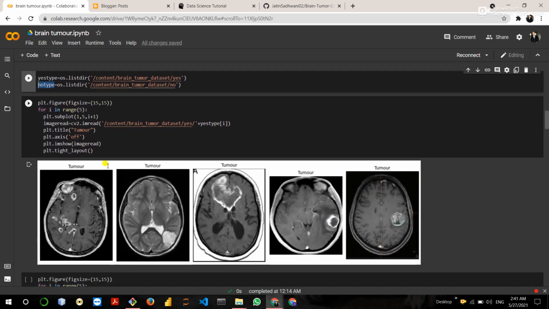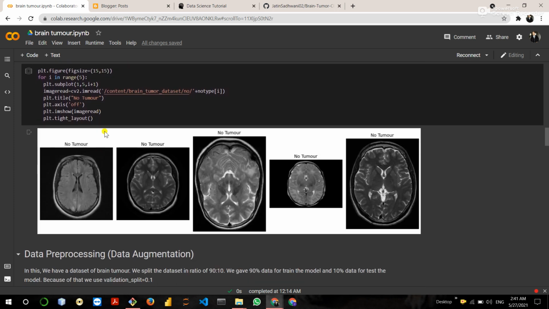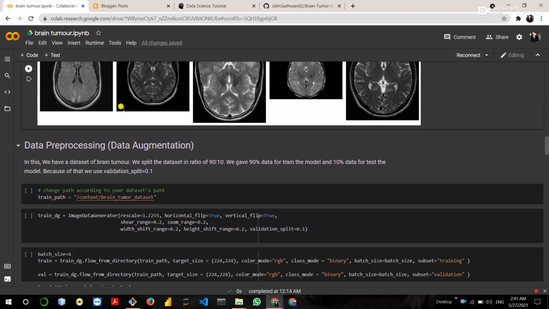Then it shows the top 5 images who have a tumor, and then again shows the top 5 images who have no brain tumor.